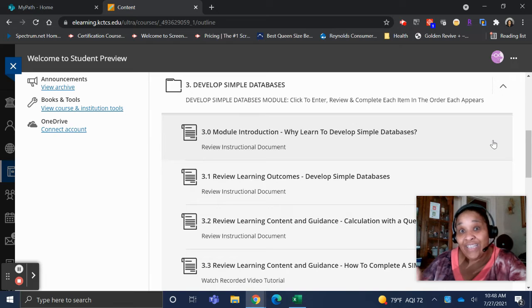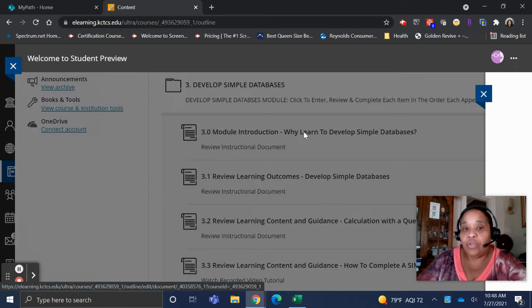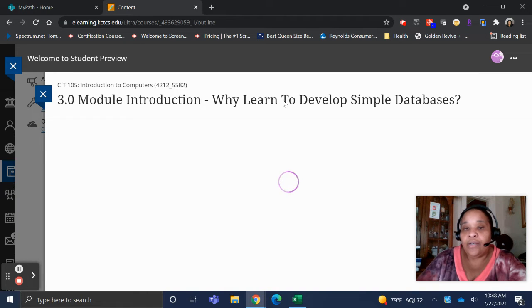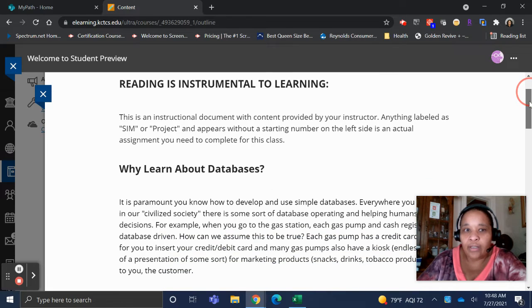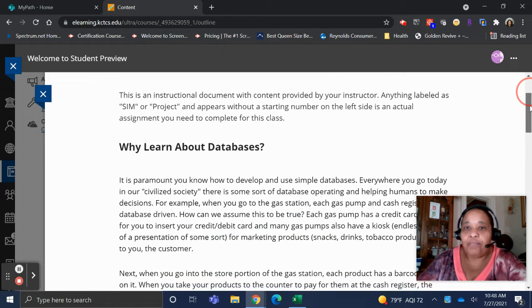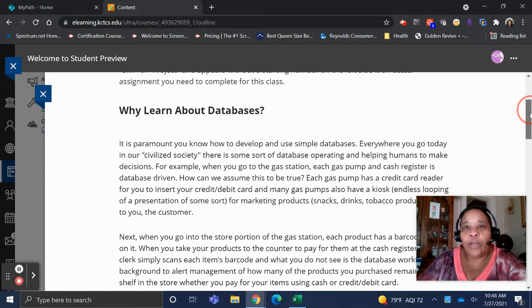It's a database management system where you can create different types of files to do different types of things that are database related. Okay. So once you get into number 3, develop databases, you click on that and you see your instructional documents. And I'm just going to go into the module introduction so that we could learn why we would want to develop simple databases, for what purpose. So this is sort of setting up the tone for you to understand the whole point behind